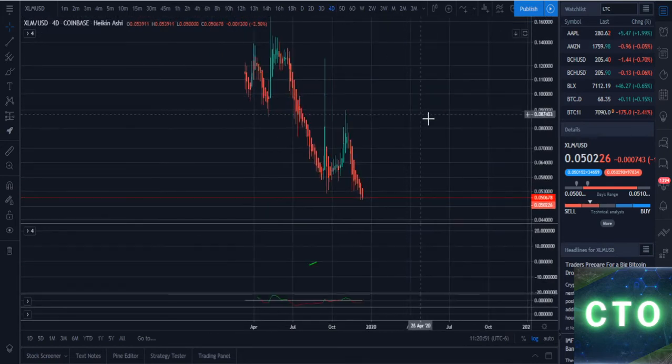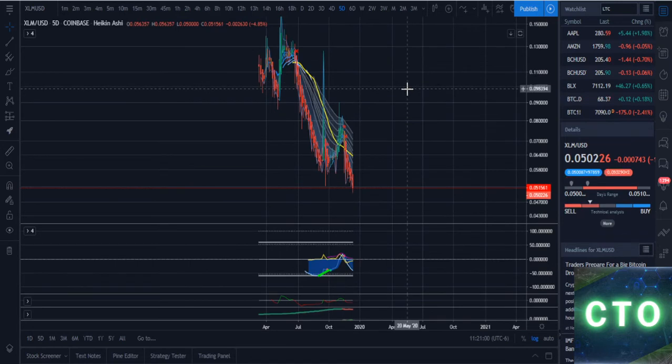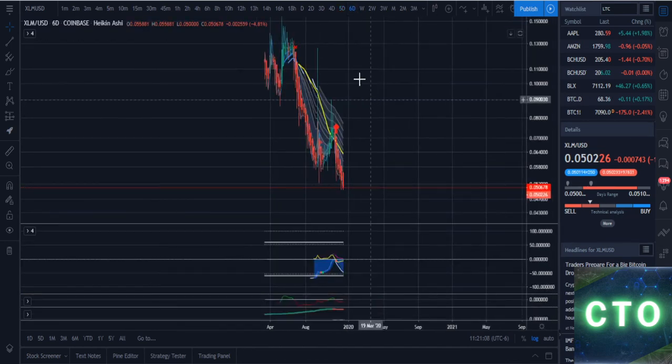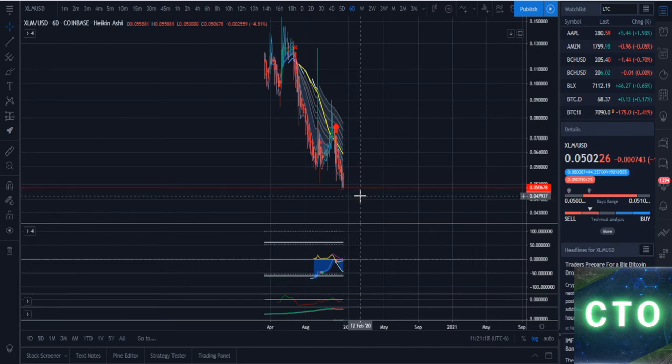Let's take a look at our 4-day. The 4-day does kind of look like it wants to curve off a little bit. On the 5-day here, everything is still under our EMAs as well. Take a look at our 6-day. Yeah, a nice little red blood diamond here on our 6-day, just a huge sell-off, right? So honestly, I feel like we could even go a little bit lower, probably down to maybe 3 cents,